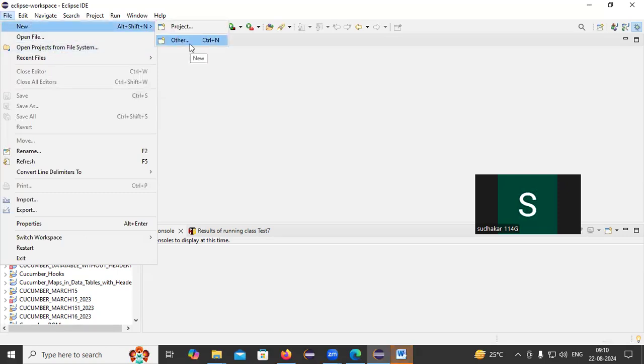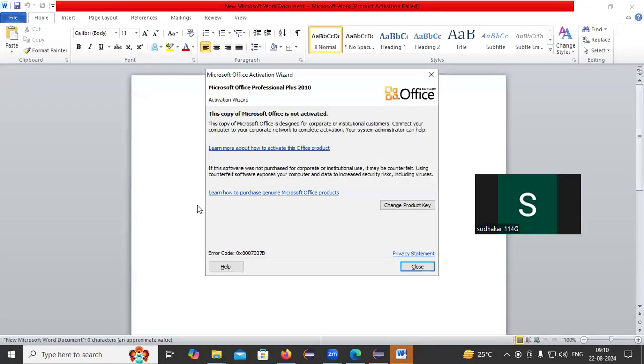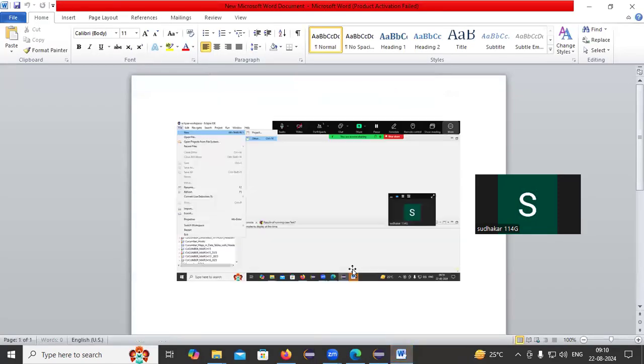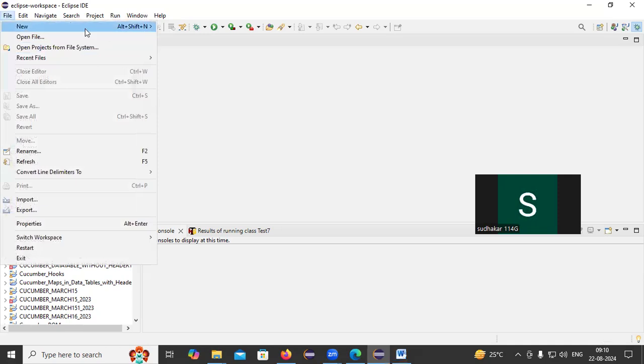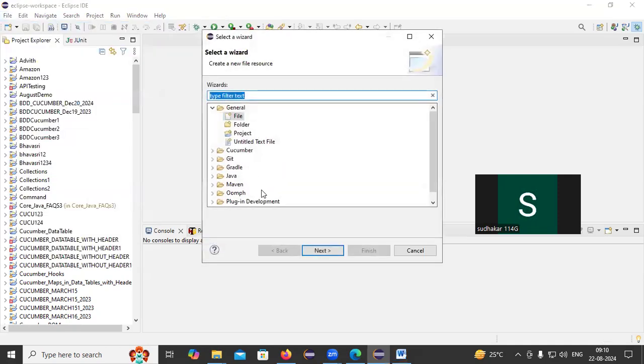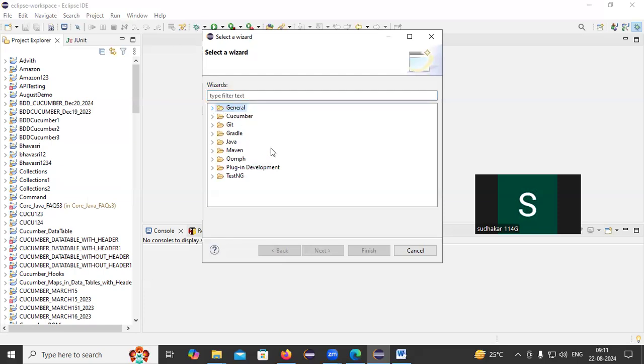other. Okay, I'm taking print screenshots for navigation, and I'm keeping them in a Word document. So file, new and other. So I'm clicking on file, new and other. Okay. And after that,